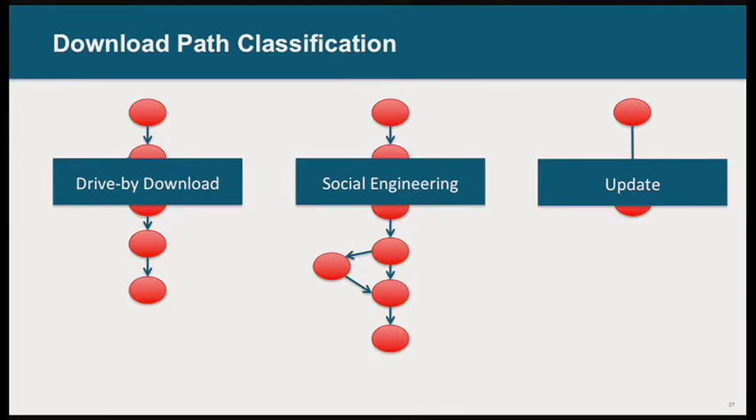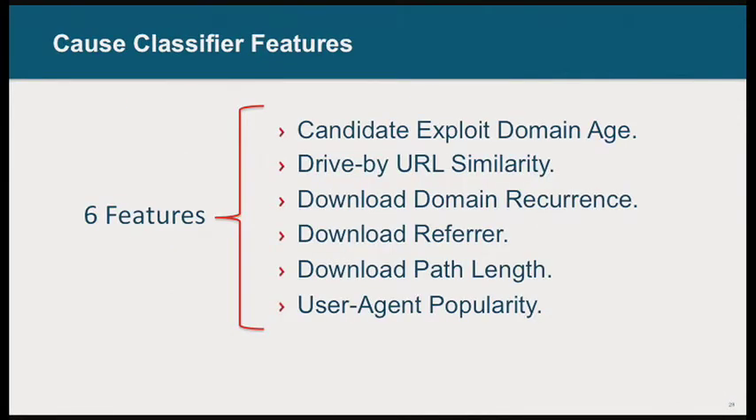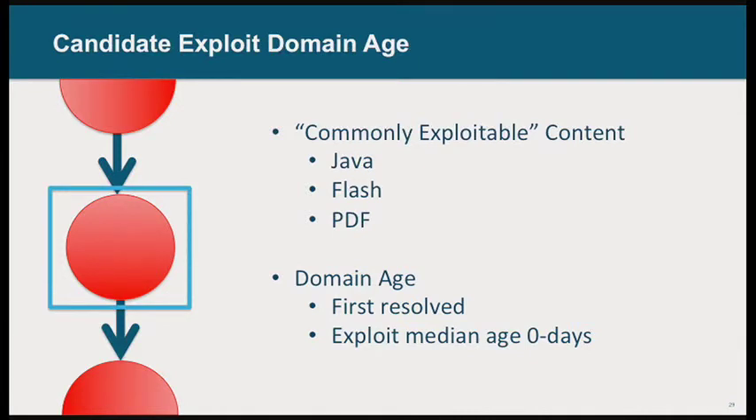So the reason that we care about doing this classification is, on the one hand, to help us better understand attack trends, but more importantly, it allows us to know which defense module to send this path to. And so our classifier uses 6 features to classify a download path. And I don't have time to talk about all 6 features, but I will talk about one, which is the